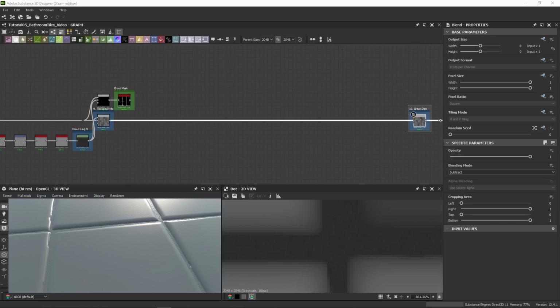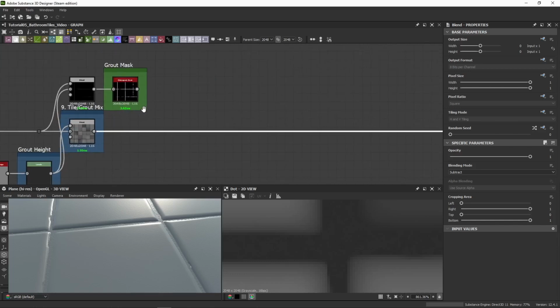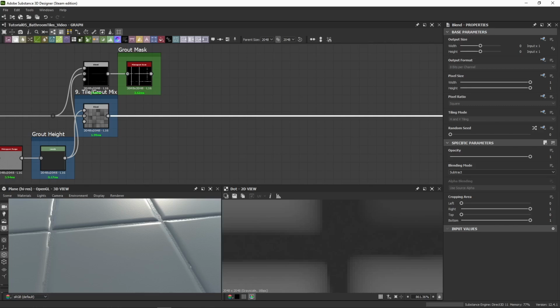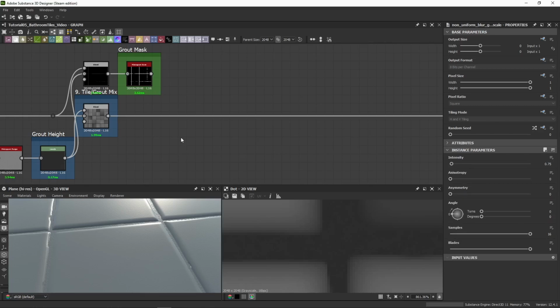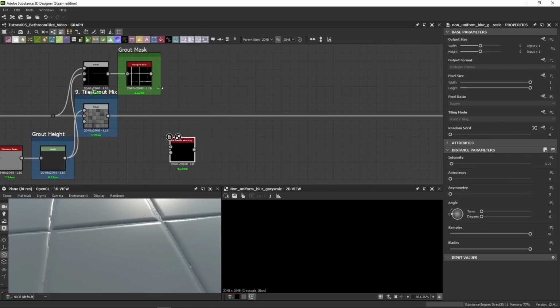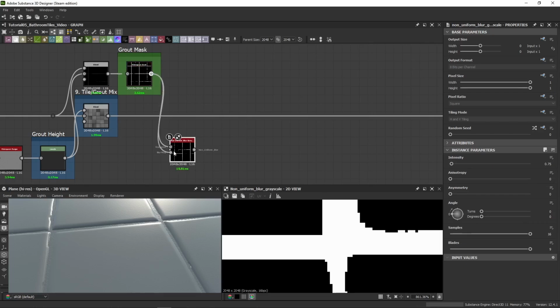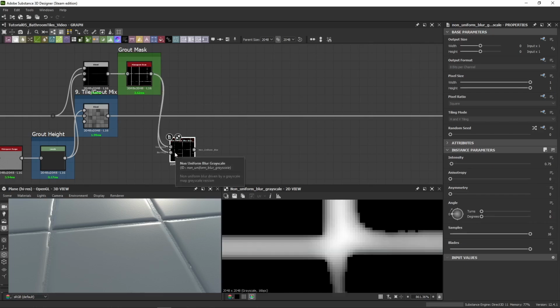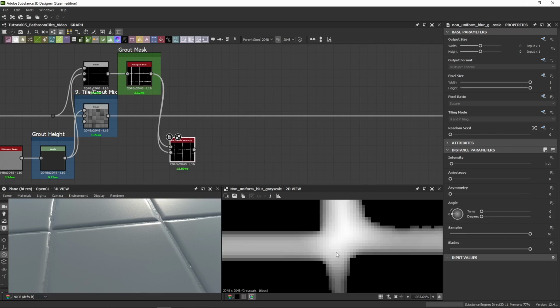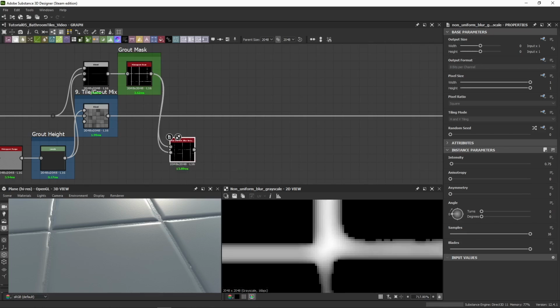Now I know we really haven't covered too many new things, but this is where I think a lot of cool stuff will be done with the grout. So we're going to need a non-uniform blur grayscale, and we're going to plug the grout mask, the green framed one, into both of these. And we've done this in previous tutorials, where it blurs it by itself, and we're able to get this